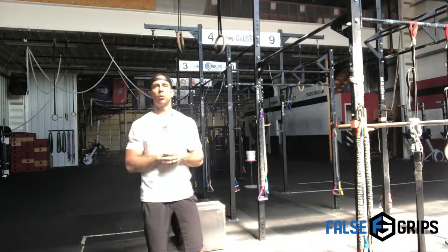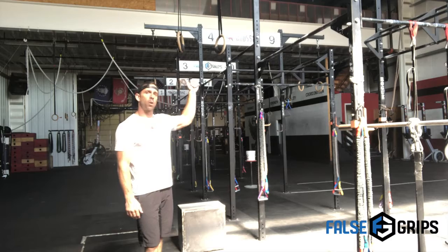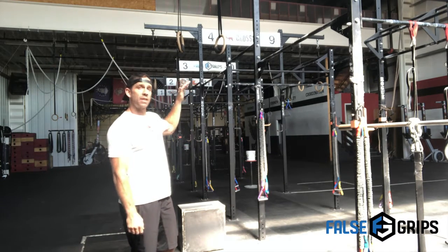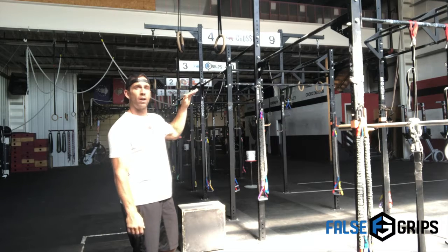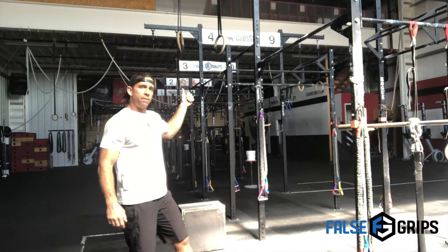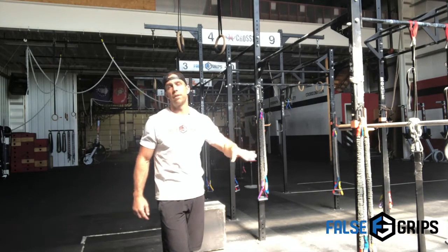Today's session is actually a little bit easier. We're going to have our false grip hold fully unsupported in a bent arm position. That's going to be for 2 sets of 10 seconds, so not our normal 20 seconds, a little bit shorter duration. After we finish that up, our push-pull today is going to be some week 1 stuff that we've